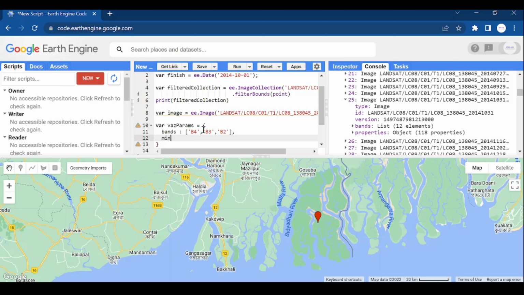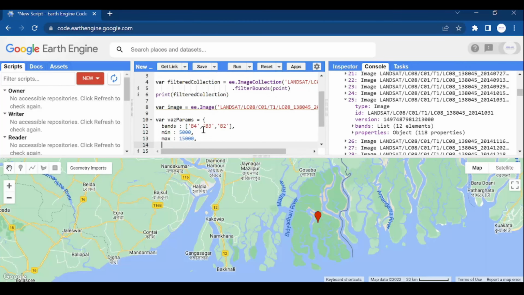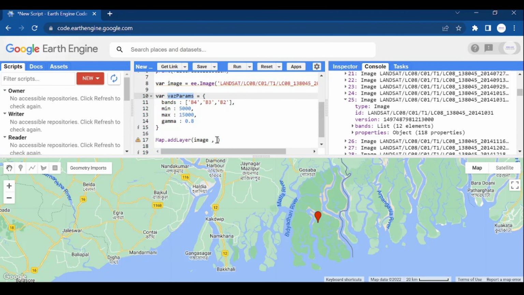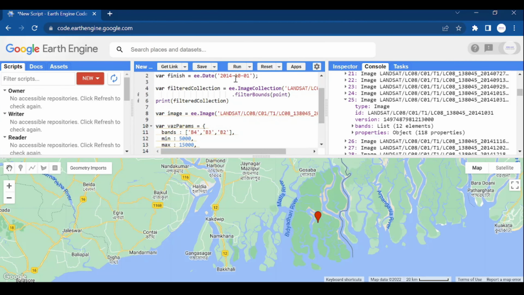Now I need to define the min value, suppose 5000, then the max digital value, let's suppose 15,000, and a gamma value, let's suppose 0.8. The gamma defines the brightness of the layer. Now I'll pass this variable as the second argument. I'll also give a name, suppose layer 1. Now if I run the script,